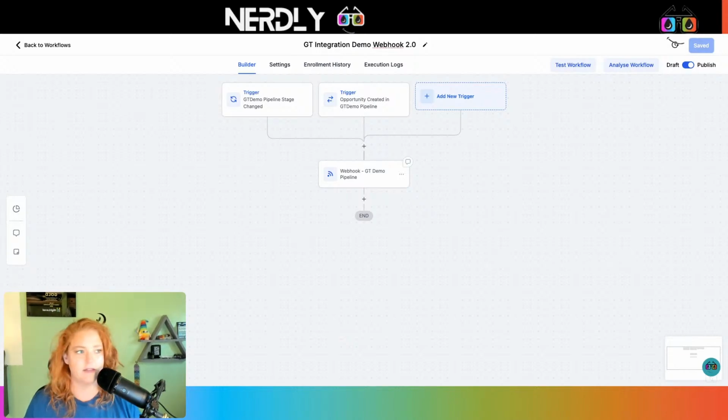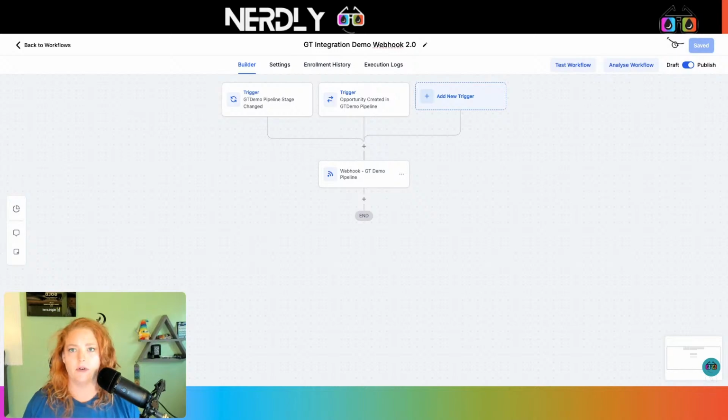Yeah. So if it happens in GroupTrack, or if it happens in Nerdly. If it happens in Nerdly or HighLevel, that's what the webhook is for. Okay. The information from GroupTrack is that native integration that we just did before we got the webhook URL. Everyone in sync, so we're not having to go to